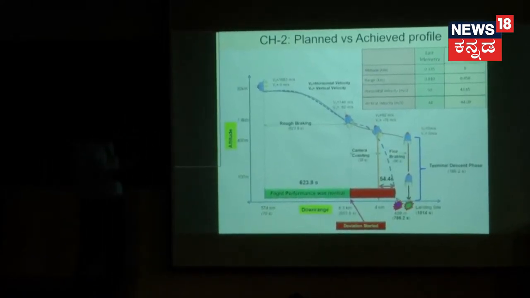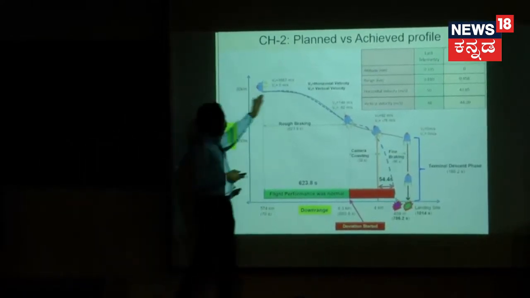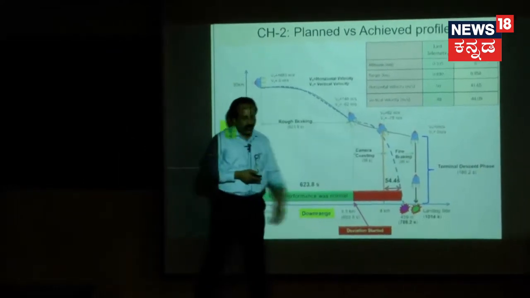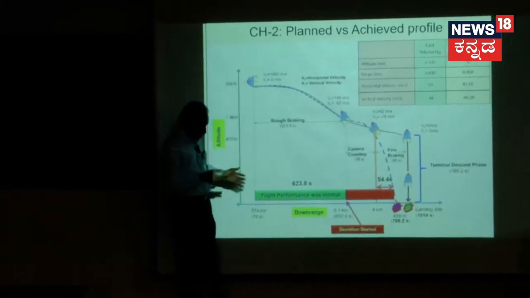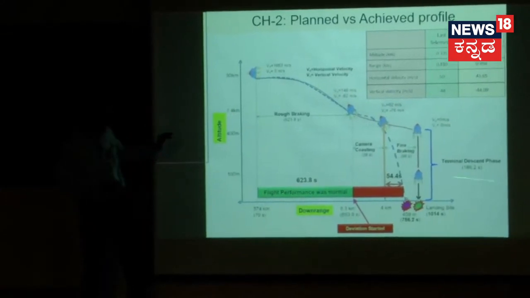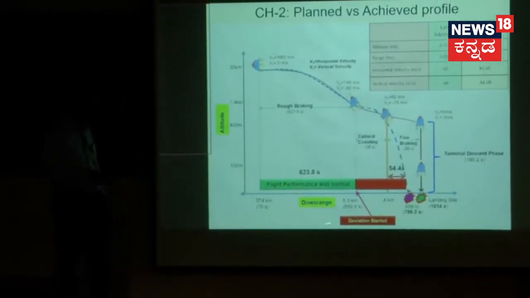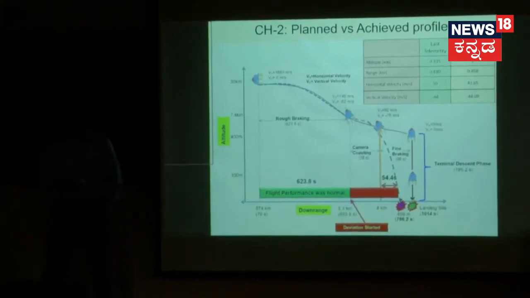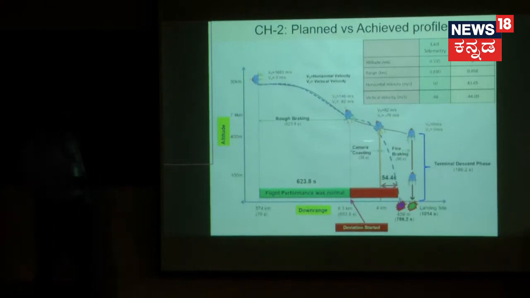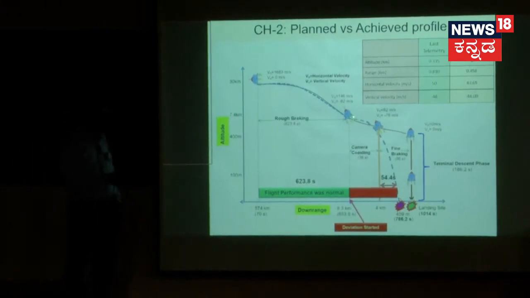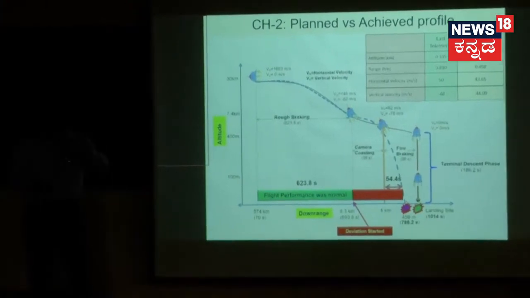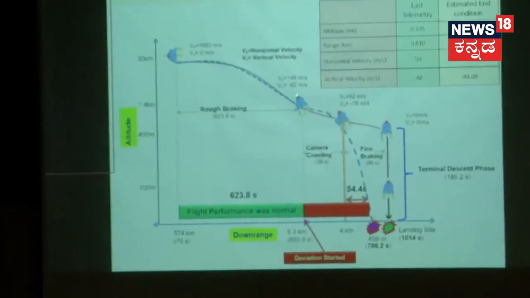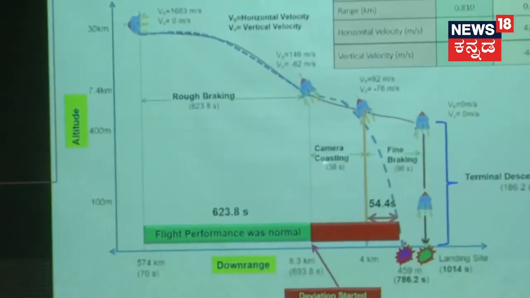Okay, so the whole of this process, the rough braking process, was really fantastic. Everything was going wrong. No, everything was going right. So everything was going wrong from this point. I am marking green and red where it actually started. There is a deviation that started from this point. The point where the deviation started is where we keep the attitude constant. The body position was kept constant, and it was doing a certain process called camera coasting.